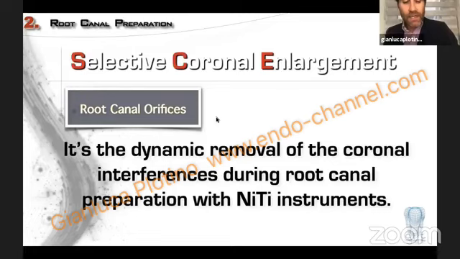So using the same file, it will maintain more dentin in this area to save your procedure, to be safer in your procedure.